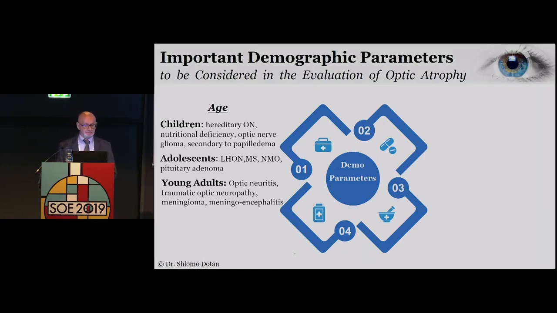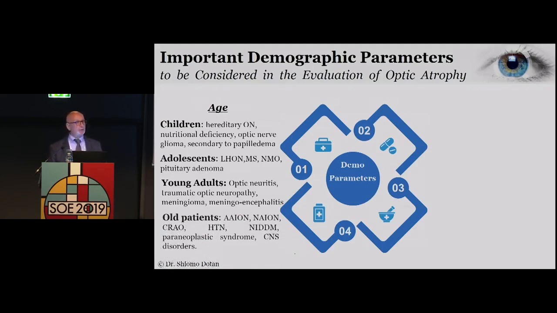Young adults will show optic atrophy in optic neuritis, traumatic optic neuropathy, meningiomas, and older patients in AION, NAION, central retinal artery occlusions, hypertensive retinopathy,